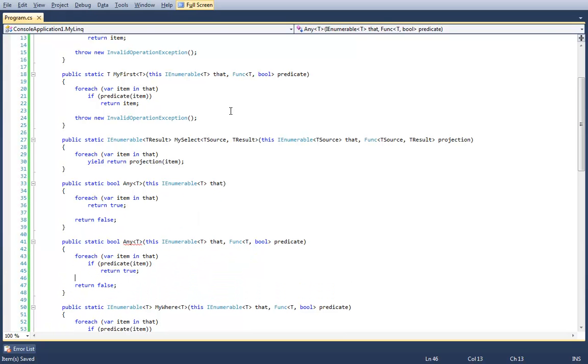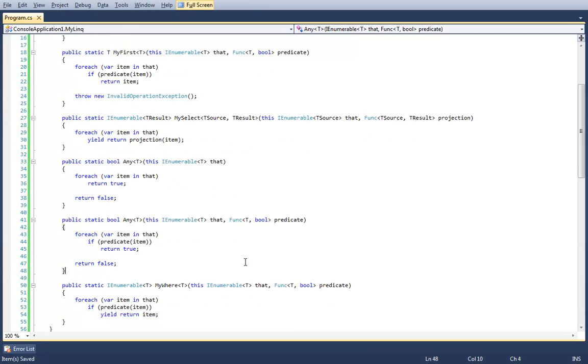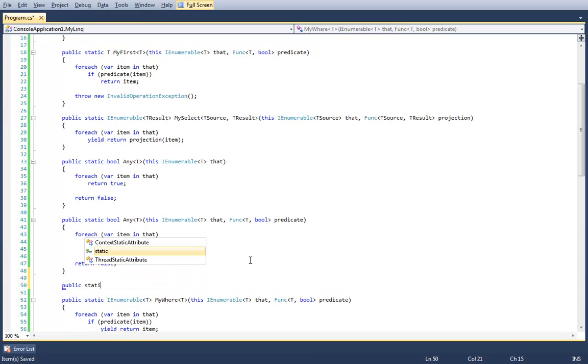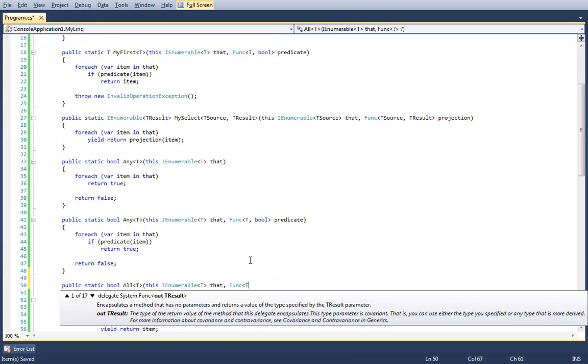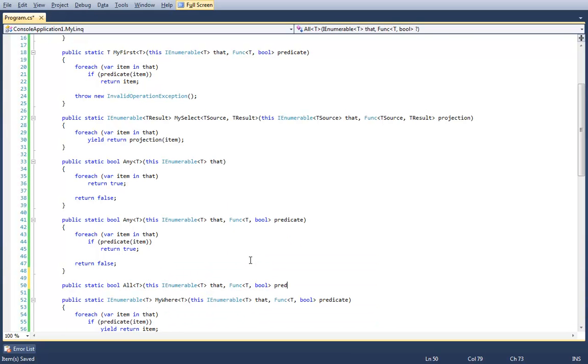So there really is a really nice simplicity to a lot of these methods. They're very, very simple, and they're also very powerful when combined with each other. And of course, the great joy of LINQ is that, well, you don't have to write these out. But this is the thing.